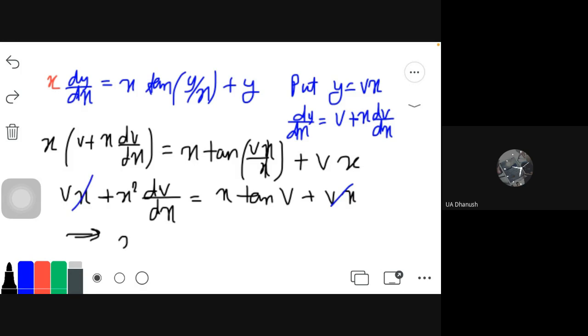Therefore I'll get x square dv by dx is equal to x into tan of v. One x and this x will get cancelled. Now v with dv and x with dx